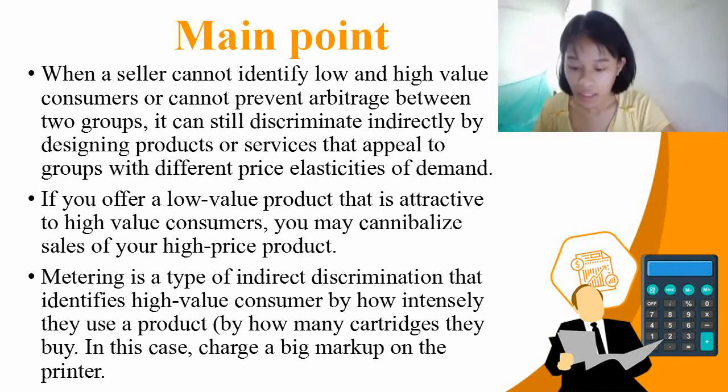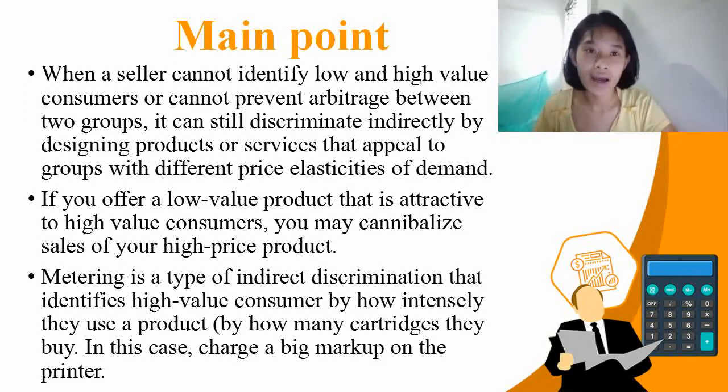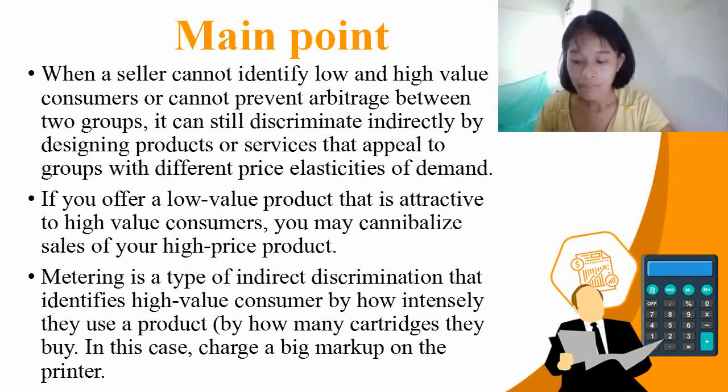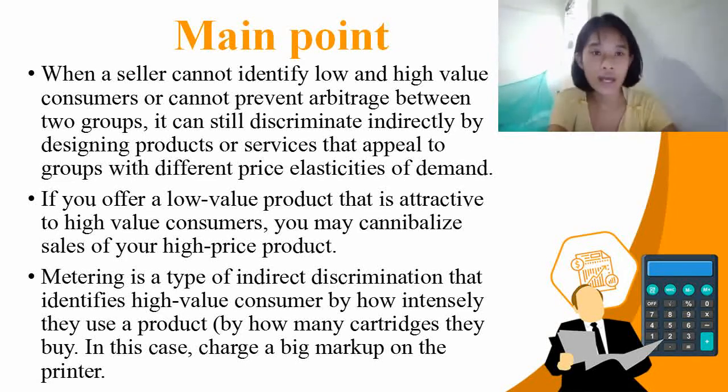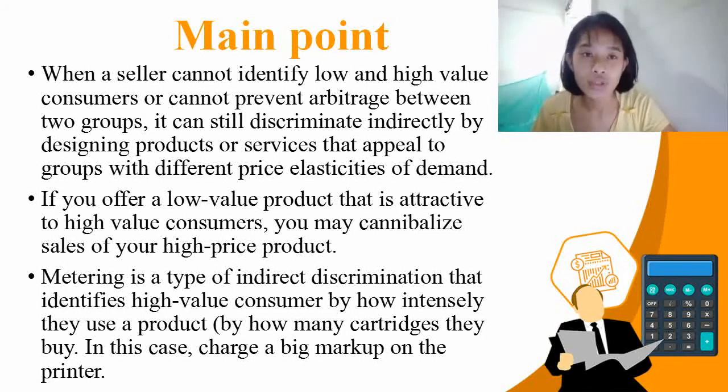So next is, metering is a type of indirect discrimination that identifies high value consumers by how intensely they use a product. For example, kung how many cartridges they buy. Yung cartridge is yung lagayan ng ink ng printer. So in this case, yung seller pwede niyang i-charge ng mas malaking price yung cartridge tapos bawasan niya yung markup nung sa printer. So dito sa metering, maganda siya kasi ma-identify niya kung gaano